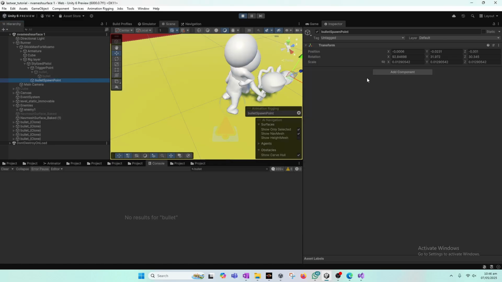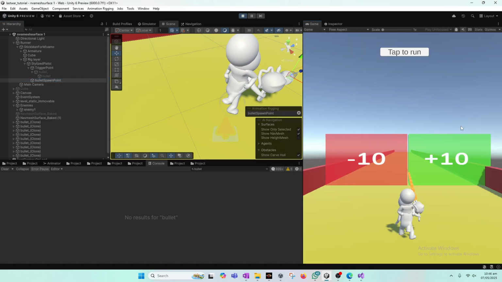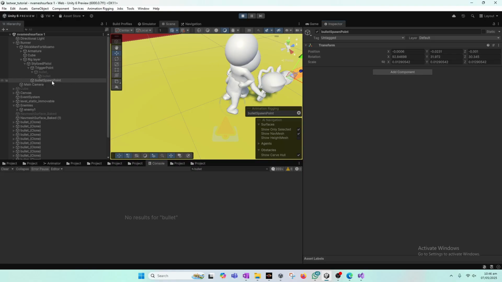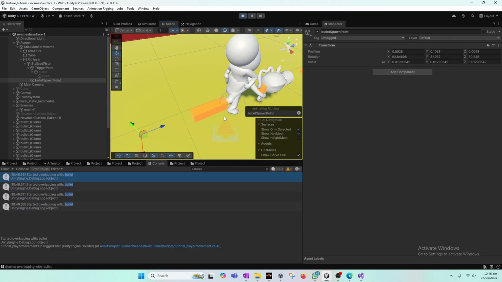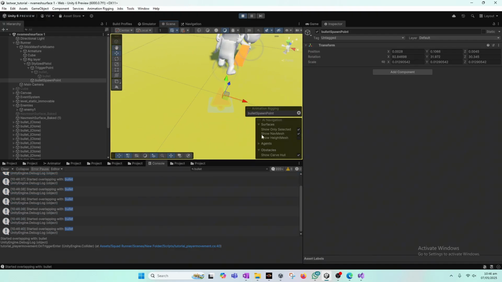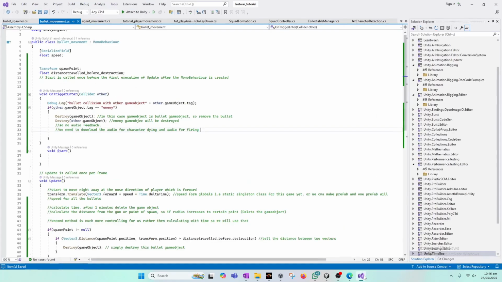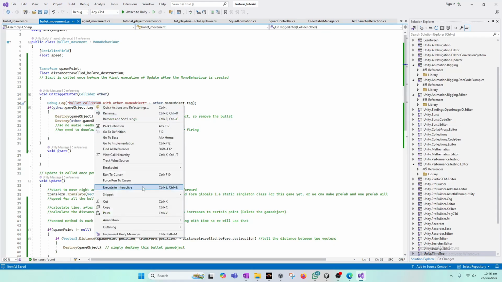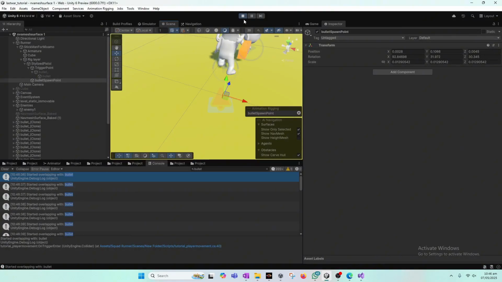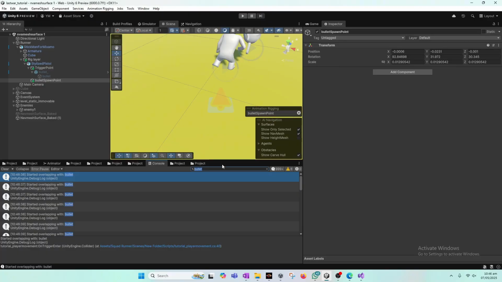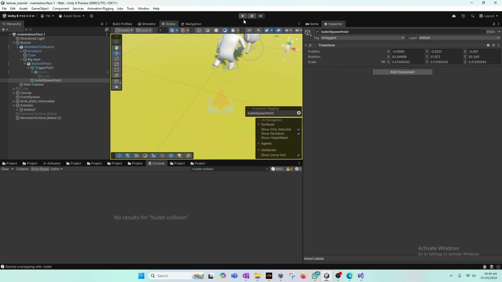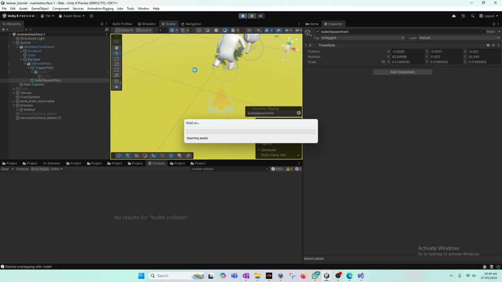So let's move the bullet spawn point again. This is our bullet spawn point. Move back to here, and as you can see, bullet collision is not yet visible. So we'll rename it like this, and now when we press play,